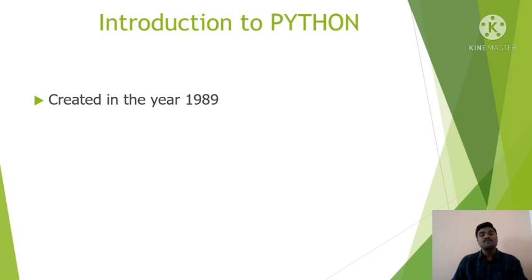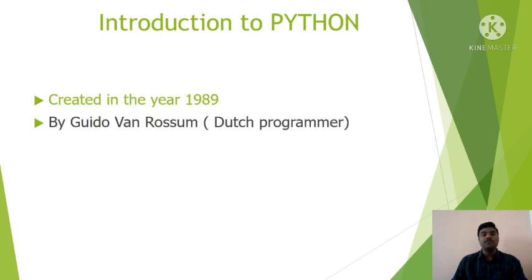Python was created in the year 1989 by Guido van Rossum, who was a Dutch programmer. And in the early stages of developing this programming language, while he was looking for a suitable name for his programming language, he was also reading